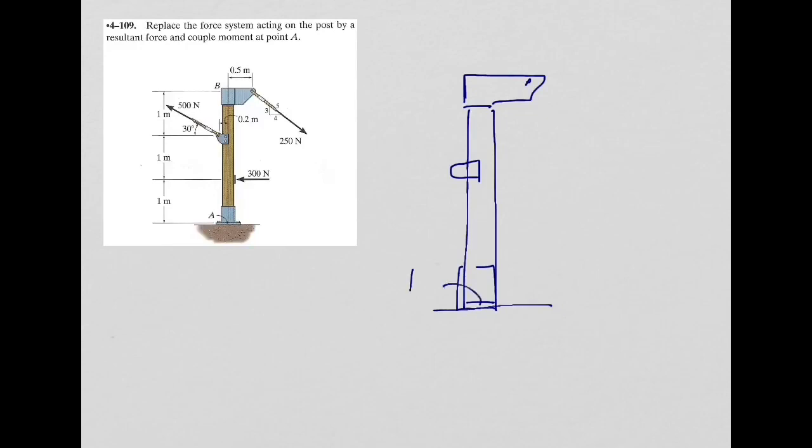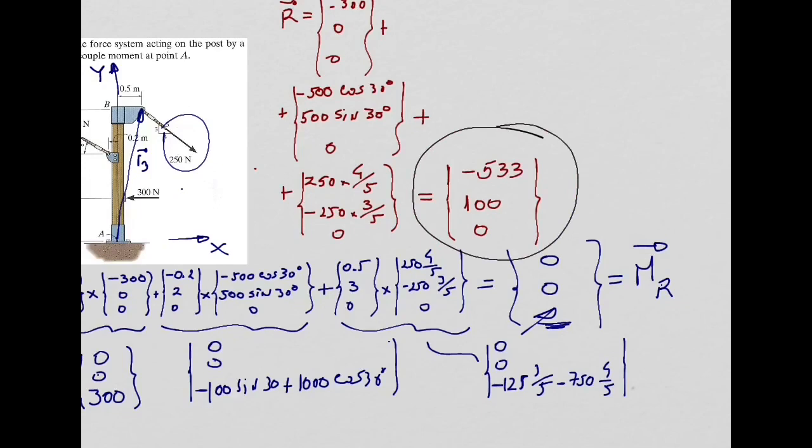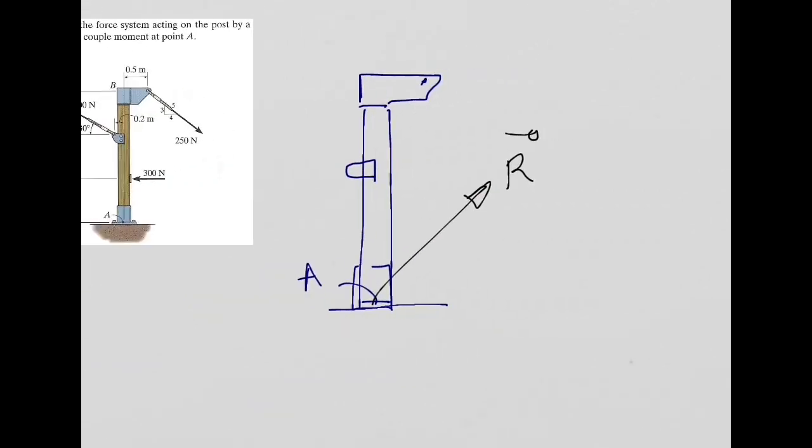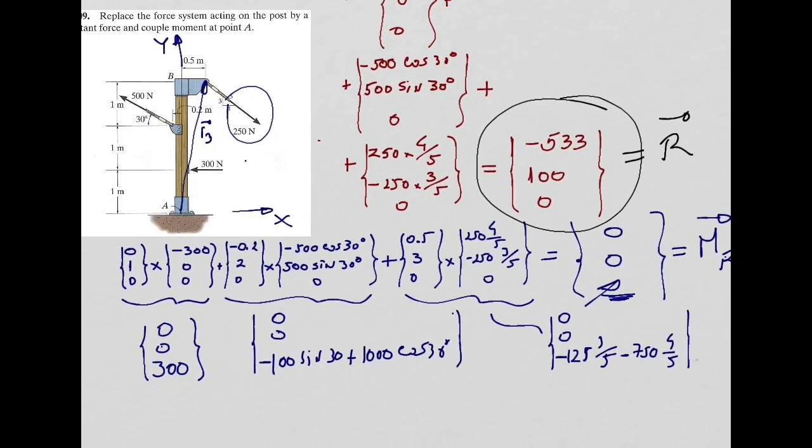So this is your point A. You will have this equivalent system where the only forces and moments you will have are a resultant of the forces, which is given by this vector here. Don't forget, this is our resultant of the forces, minus 533, 100. I can copy. You will have this for the summation of the forces, and you will have a resultant for the moment, which is going to be 0, 0, and the z component is equal to,